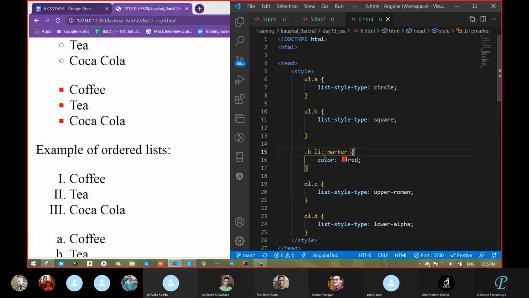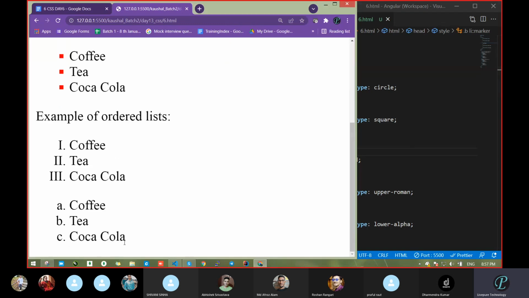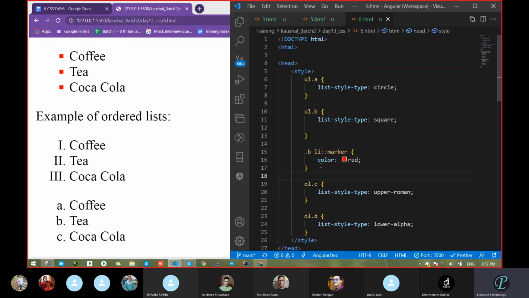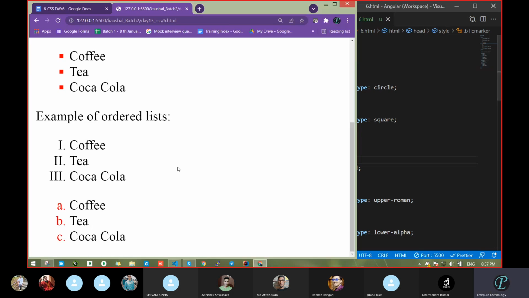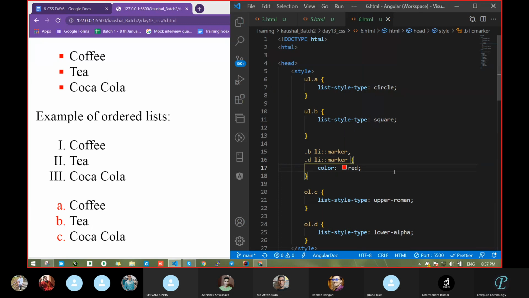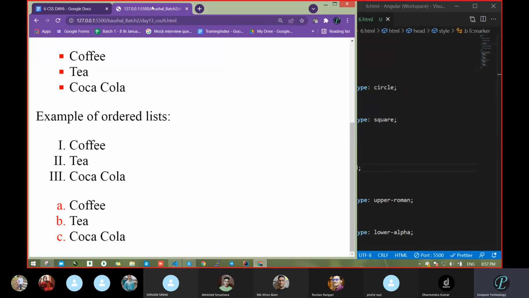Clear, sir. Yeah, so this way we can do that. Suppose you want it for this one, A, B, and C, what can you do? Just take this complete class, pass it one more time, and just remove this A. I think A, B, C, D is that class name. Yes, that is D. So it came. Fine, so this way we can manipulate that CSS.